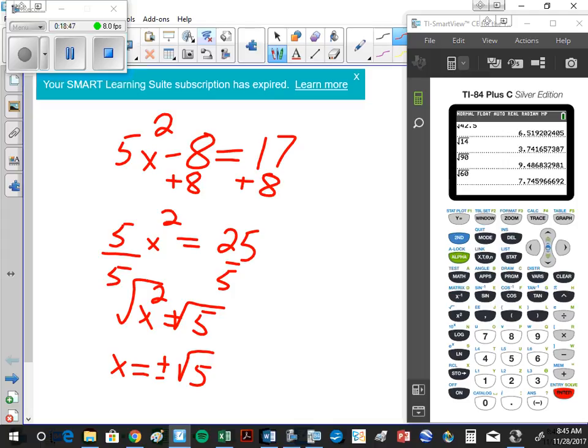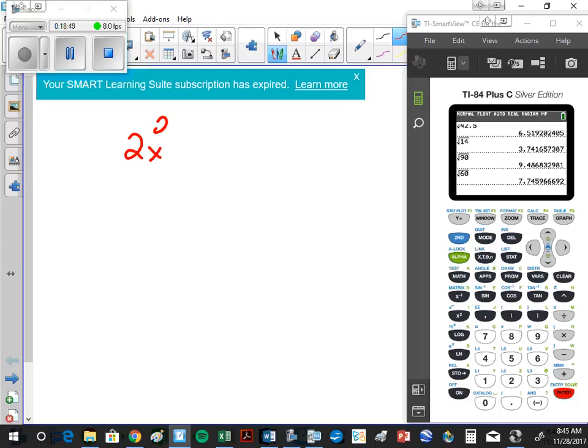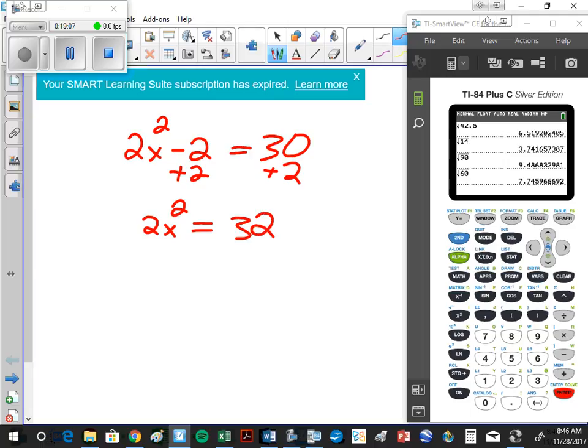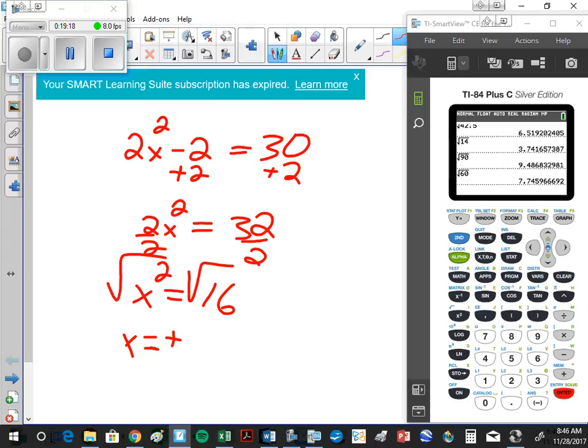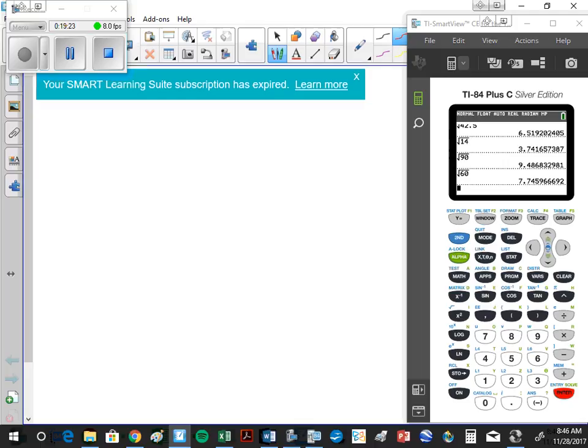Okay, let's try another one. What should we do there? Add 2. 2x squared is equal to 32. Divide by 2. x squared is equal to 16. Take the square root, and x would be equal to plus or minus 4. Okay. What about